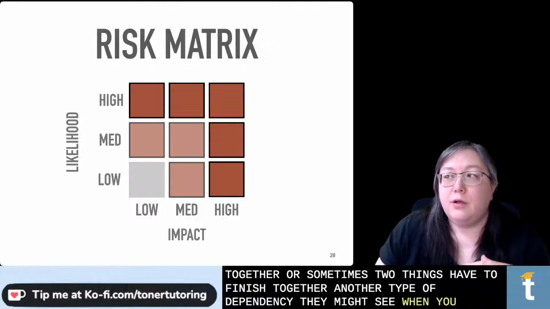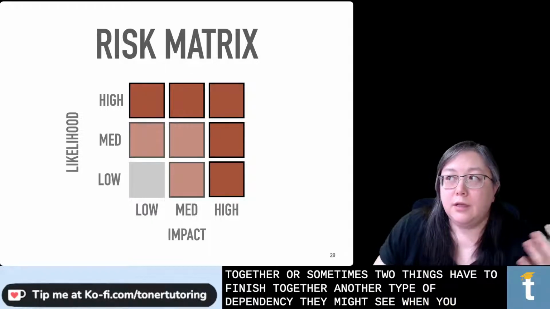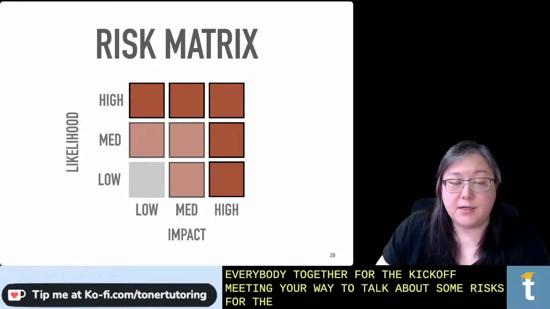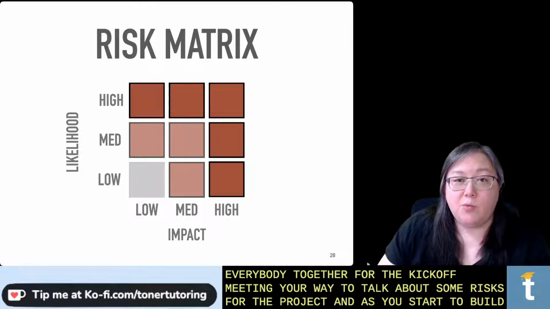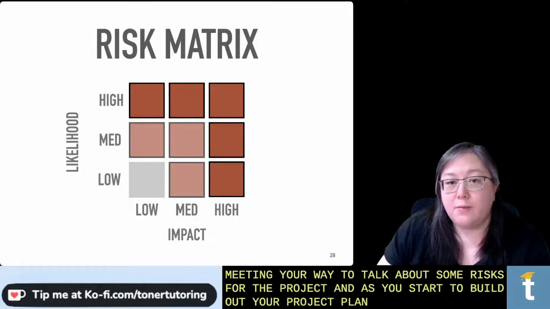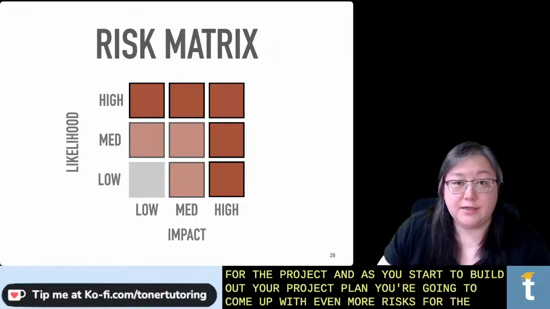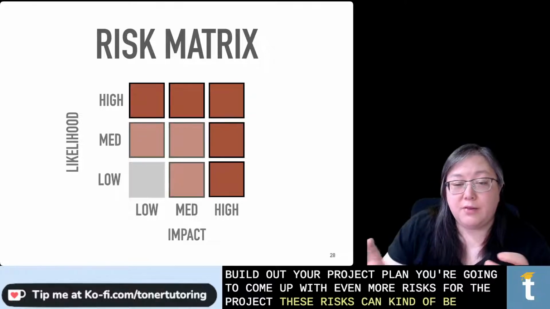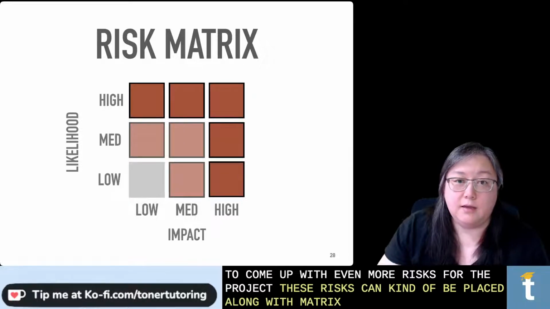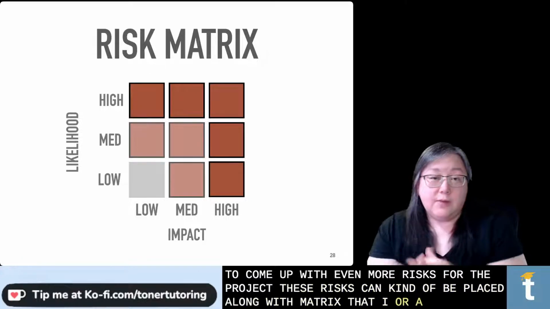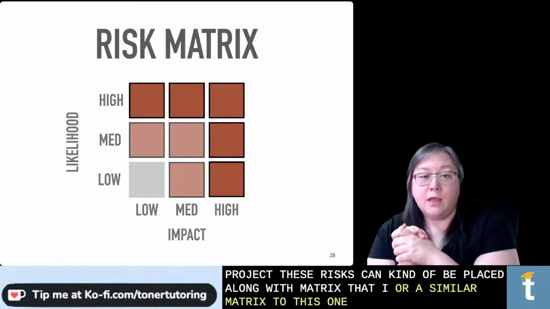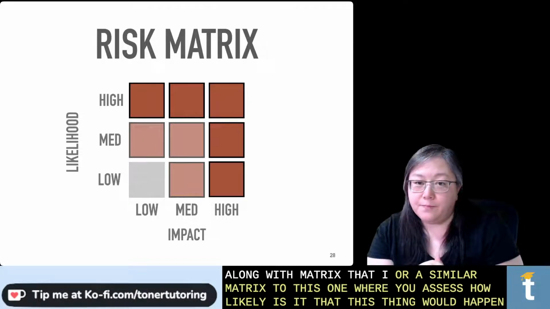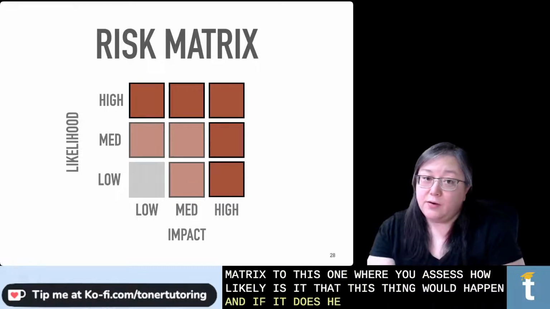When you get everybody together for the kickoff meeting, you're going to talk about some risks for the project. And as you start to build out your project plan, you're going to come up with even more risks for the project. These risks can be placed along this matrix, or a similar matrix, where you assess how likely is it that this thing would happen, and